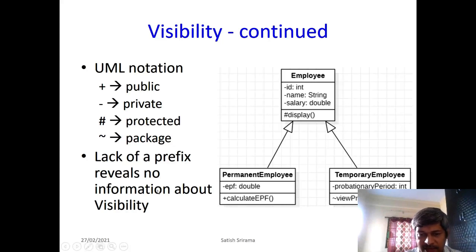Okay, it can actually create a permanent employee object, and then you can calculate the EPF. Similarly, for the temporary employee we have already seen, he has this probationary period, which we can also see the progress. So here the restriction we are putting is, say for example, a package level scope, a package level visibility. So that means